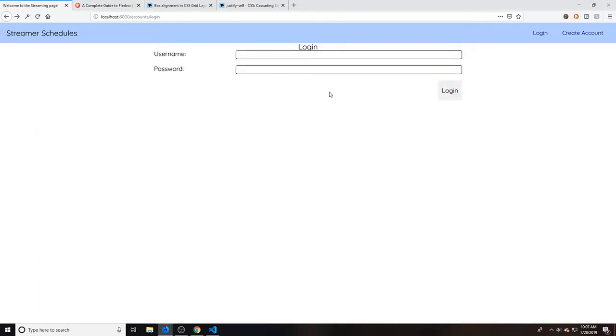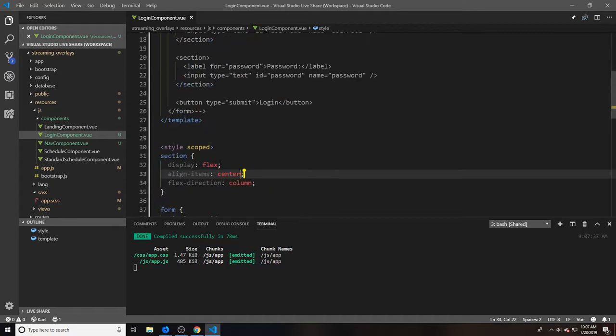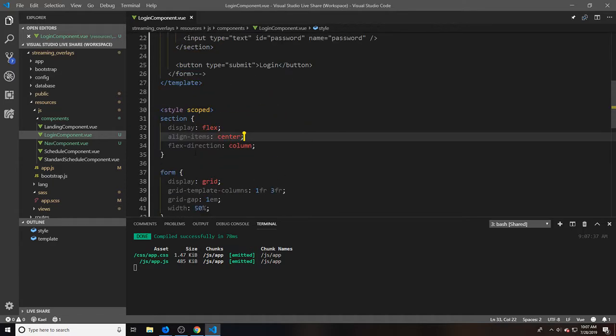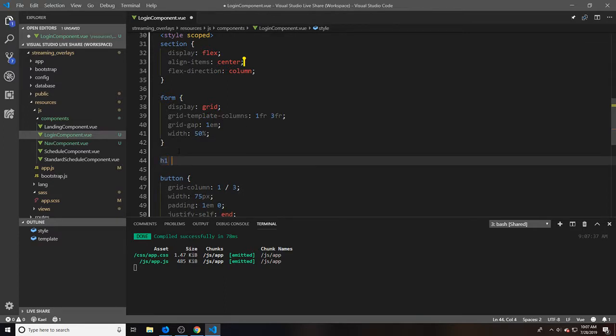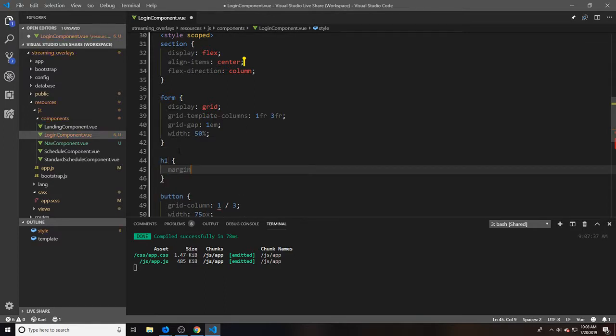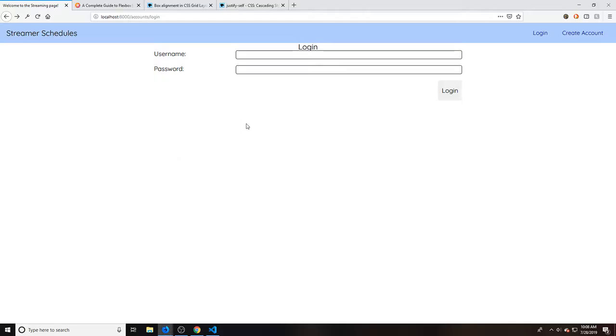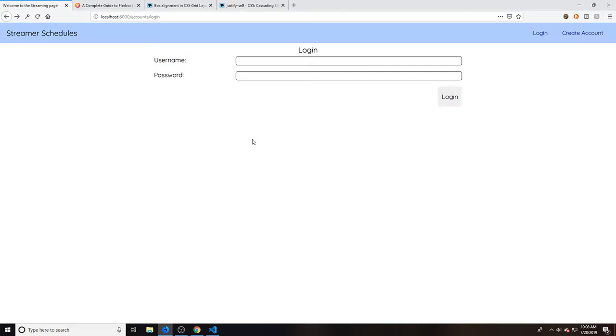Okay. And now you can use a little bit of margin on that login, you think? The H1? Yeah, definitely. That was the first thing, looking very awkward with that clipping. You know what? I'm just gonna put some margin on everything. That should fix it, right? That's pretty good.